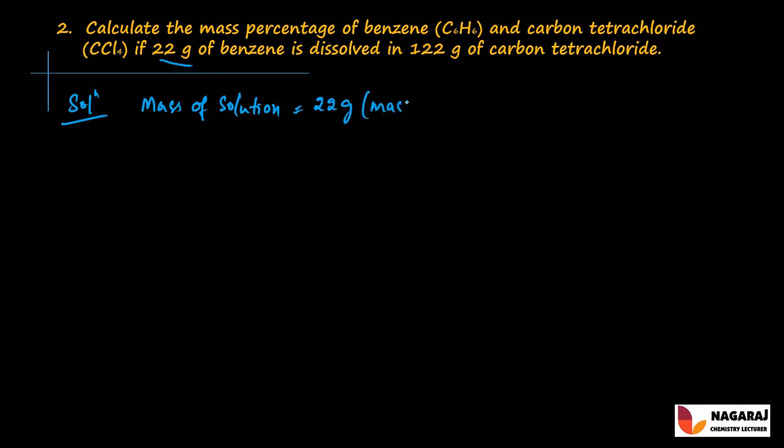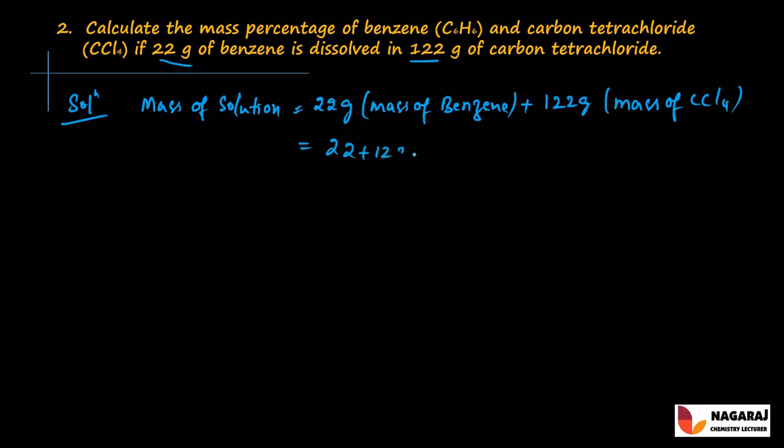That is, mass of benzene plus mass of carbon tetrachloride, which is 122 grams. That is the mass of CCl4. So 22 plus 122 is equal to 144 grams. So the formula to calculate the mass percent of benzene